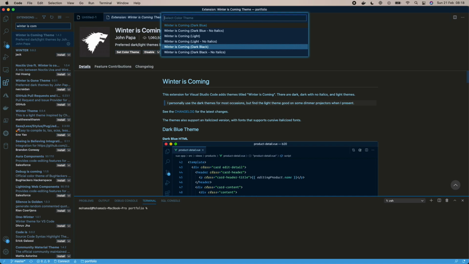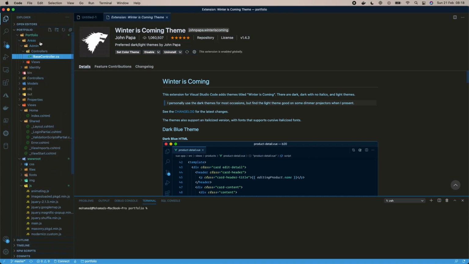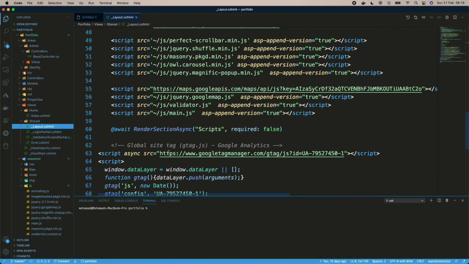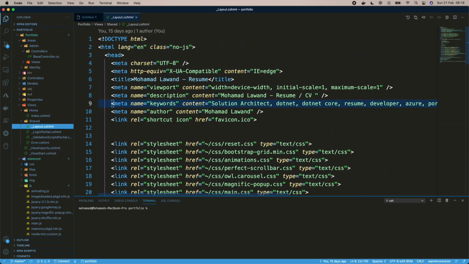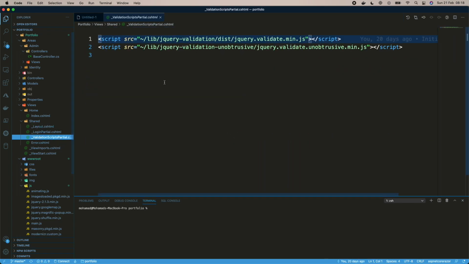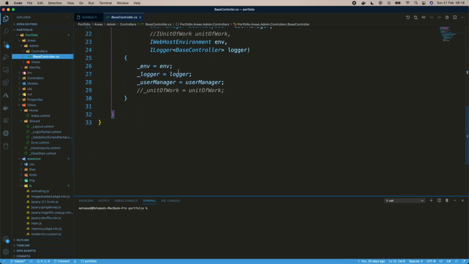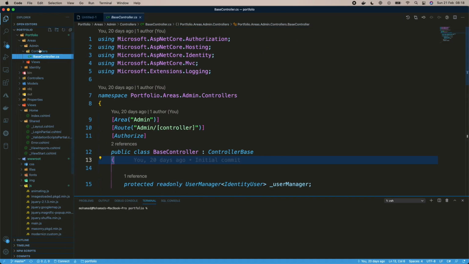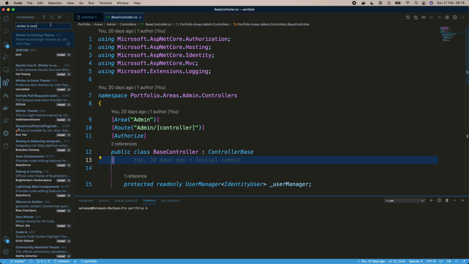So let's take a look how it's gonna be looking with the source code. So we're just gonna go back to our Explorer section, and we're just gonna see the different interface, so you got an idea of how this theme changed Visual Studio look and feel. It's a very interesting theme. I think it's actually based on a Game of Thrones theme, so if you like Game of Thrones, this is a theme that is a must-have. So the next theme after that, it's gonna be